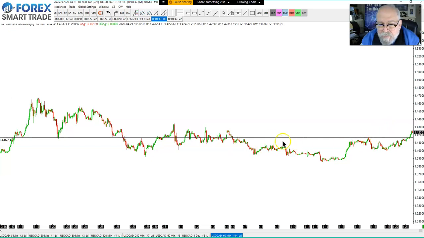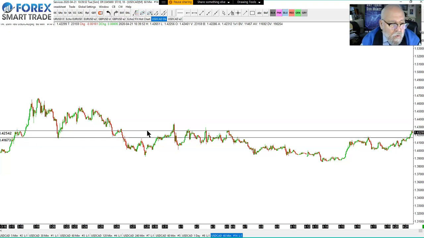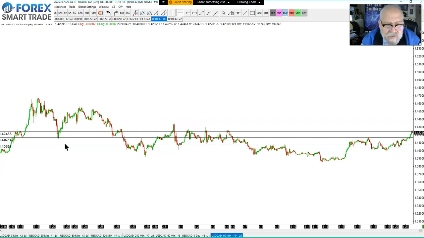So here it stopped in here, stopped in here, stopped in here. So what happens on these spots where it naturally seems to stop, that either becomes support or resistance, and the market tends to follow or repeat that. So let's see what we have. They tend to be about 30 pips apart on a 60-minute chart,